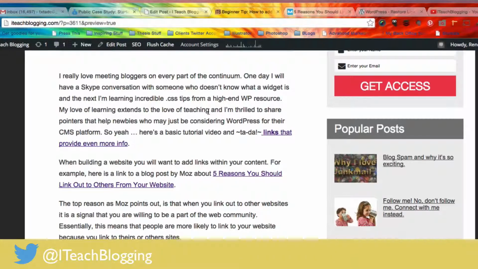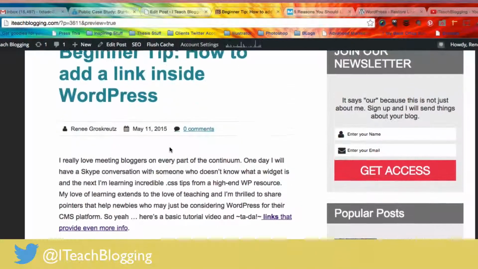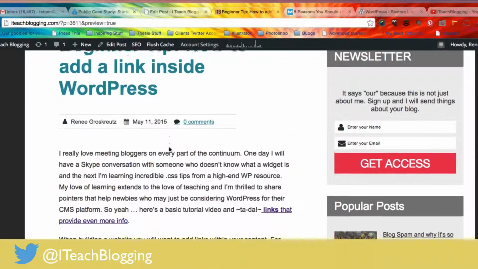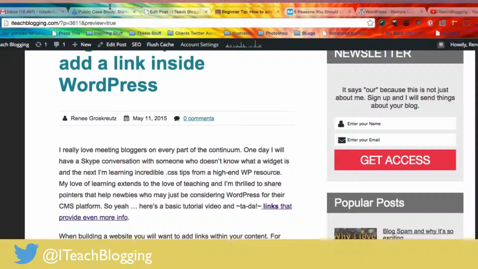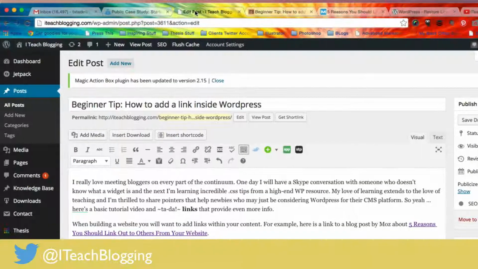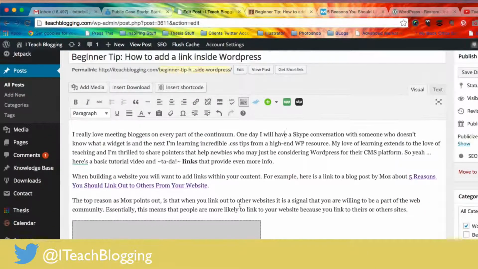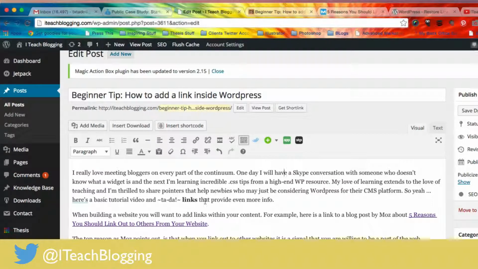I could have just as easily made it where it clicked on a link and opened it directly in this tab, and my blog would have disappeared. So that is a choice that you'll need to make, which I'll talk about a little bit more in just a moment. But how do you do this? This is a core function of WordPress that's really simple to use once you know what to do. So we're going to go to the post, which I have open right here. You go to the post or your page, it works either way, the same, and you highlight a piece of text,